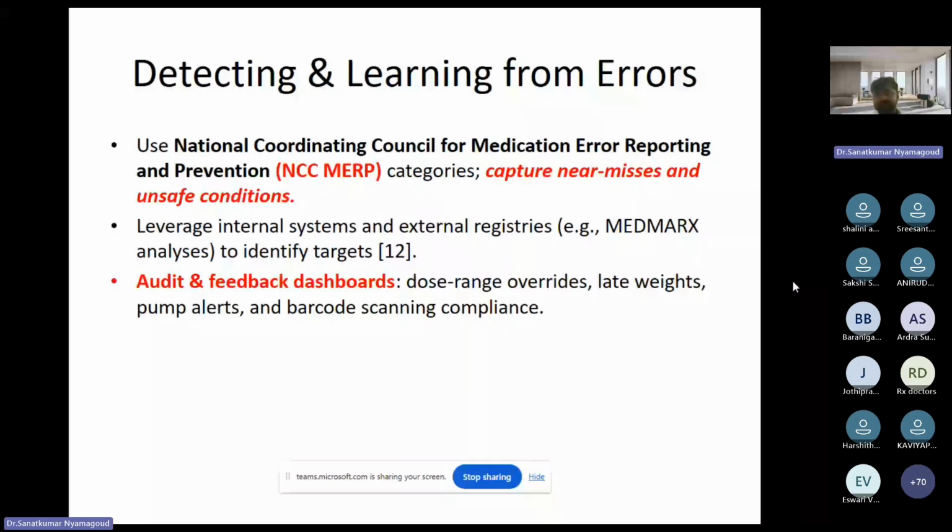Then you should build a team in such a way that the internal system is audited. You should have your own system to audit whatever drugs are prescribed by the physician, whether they have prescribed the correct drug, correct dose, correct frequency, and correct duration. Many times an external agency can also audit, so that you do not have any errors in drug prescribing. You might have heard about NABH accredited hospitals. They do follow this up.